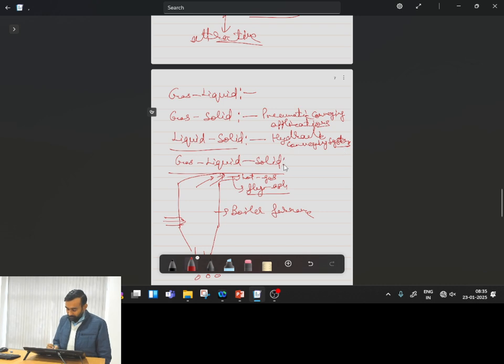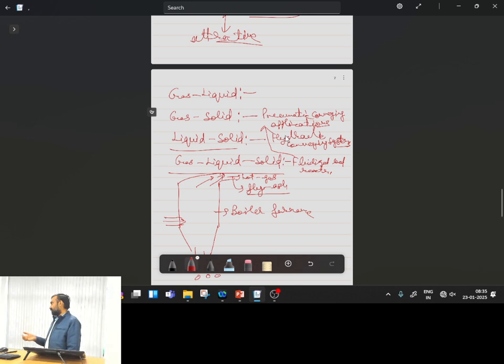Have you heard of the term fluidized bed reactors? So fluidized bed reactors will come under which category? Gas solid, or liquid solid gas, or which? A fluidized bed reactor will be coming under the category of gas solid. What is done in the case of a fluidized bed reactor? From the bottom, what we have,